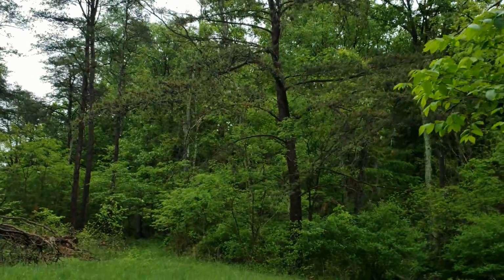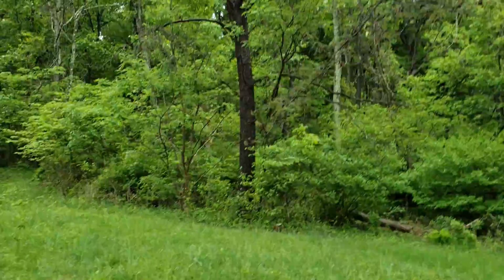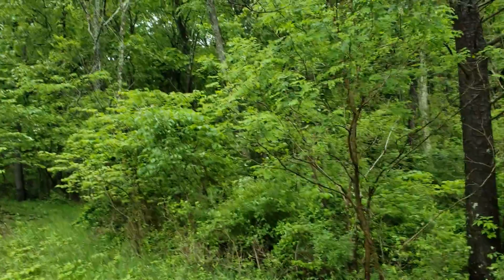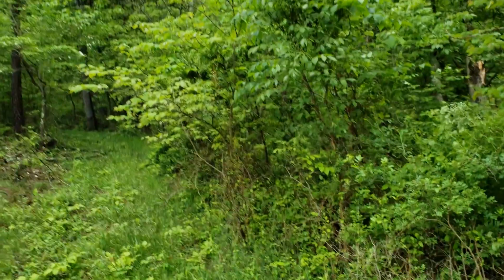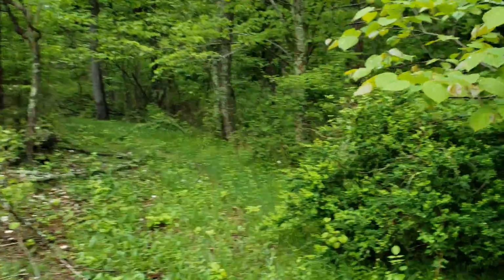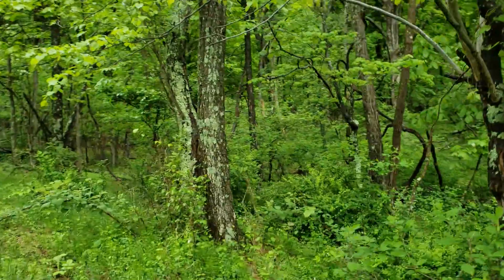Going into the forest, the foresty part up the hill. Not going to go too far up in here, but like I said, it's cool. It's a pretty amazing piece of property. I'm shooting in high definition, so it's about to cut off in about 10 seconds, and I'll restart it. I'll have a part 2. So this video will be a little bit longer than...